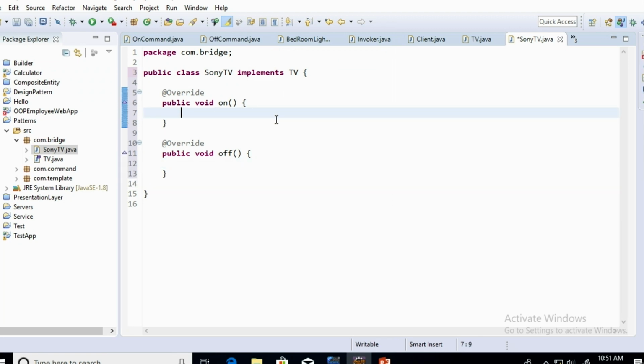Now you can implement your own algorithm within the Sony TV on operation, your own algorithm, right?